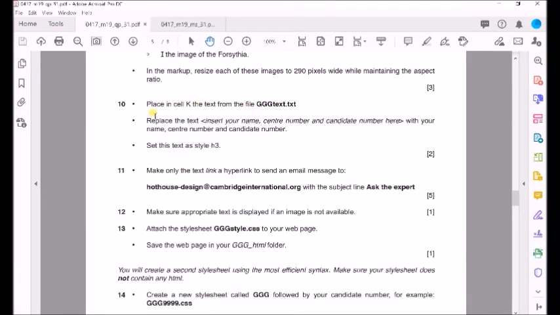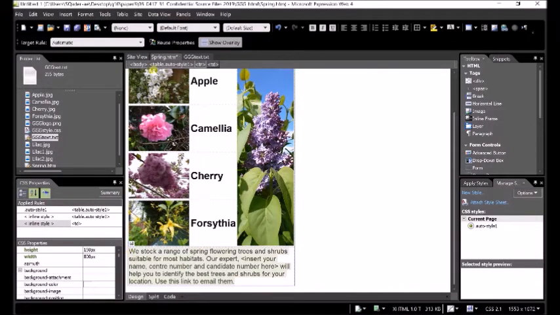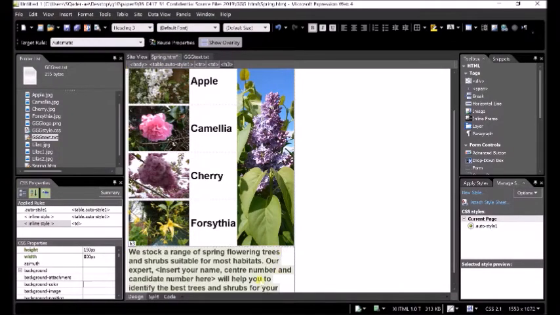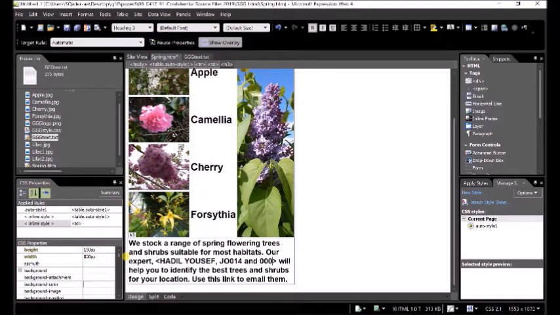After this, replace the text, insert your name by your name and your data, and it should be in H3, so it is H3, and insert your name, my name, Halil, center number, candidate number, remove the children's. Okay,